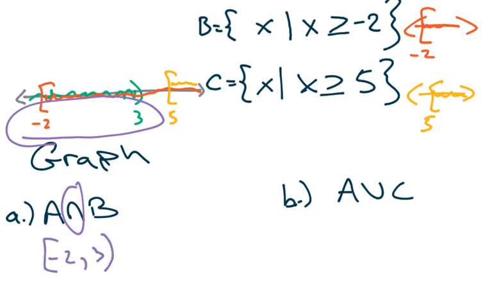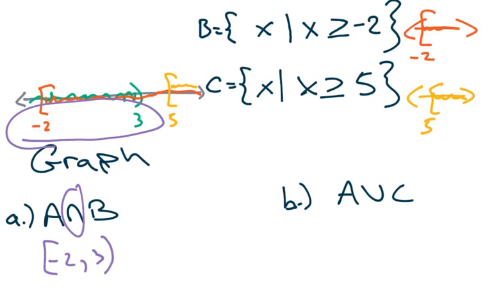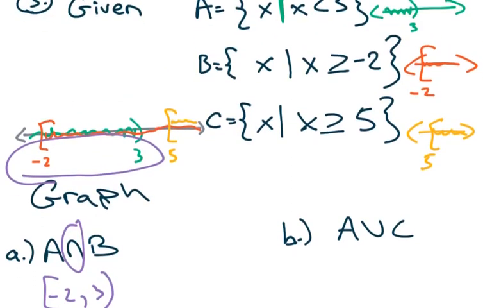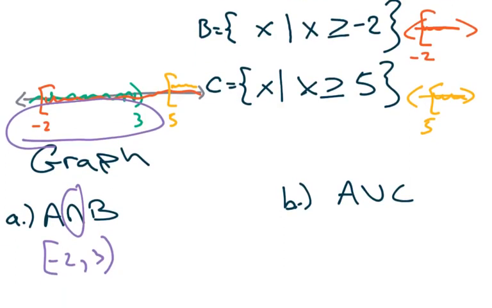Bracket in parentheses. And you do have to put it in bracket in parentheses. A union C means everything in A or in C. So A is in green, so that's back at 3, and then C is greater than 5. So that's actually going to be two things. So we're going to actually rewrite both of them. It's going to be -infinity to 3. Then we're actually going to use the symbol U, and the other one's going to be